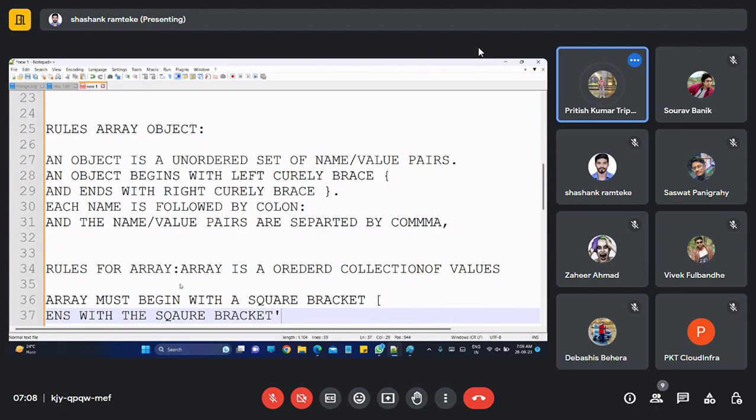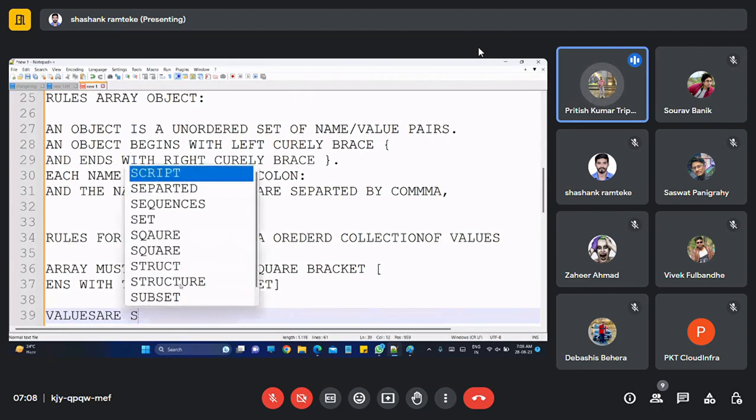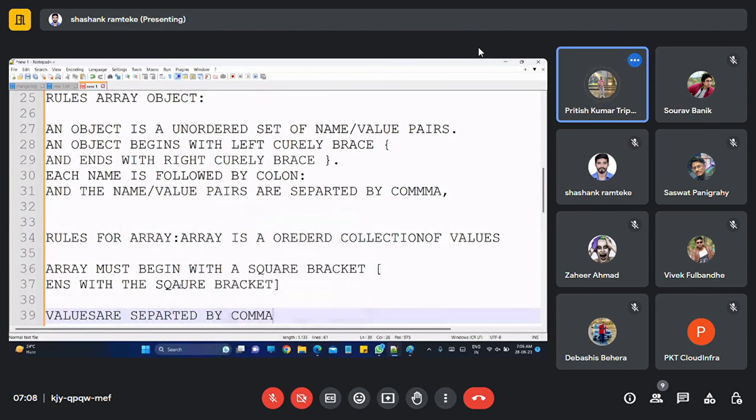This one, the right square bracket. Is it clear? And every time there are certain values, they are separated by a comma. Values are separated by a comma.